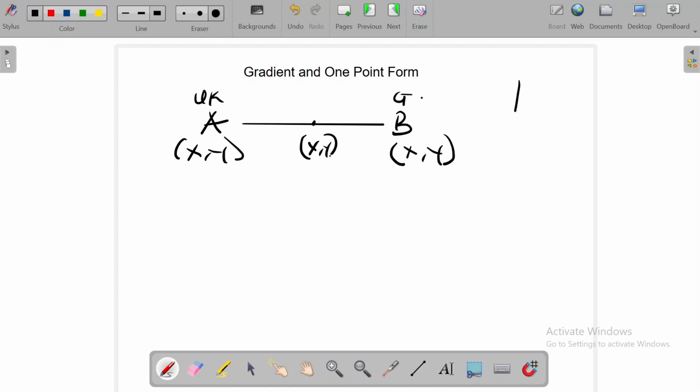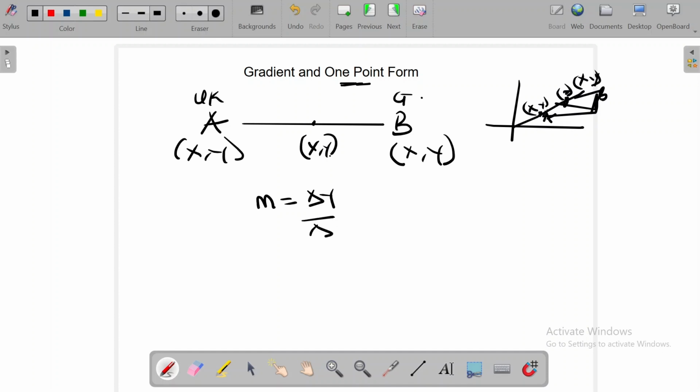If I represent it in a graphical form, something like this, you have one coordinate here, x, y. You have another coordinate, x, y. The midpoint between the first point, A, and B, that midpoint is considered to be the one-point form. You can also still use the gradient of a line, which is m is equal to change in y over change in x. But in this case, you are only considering a single point. This now becomes